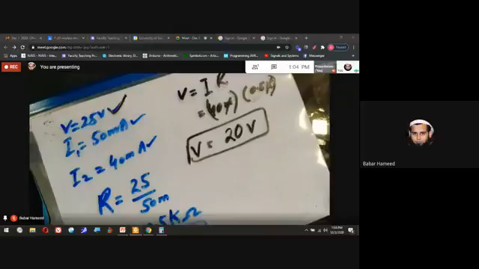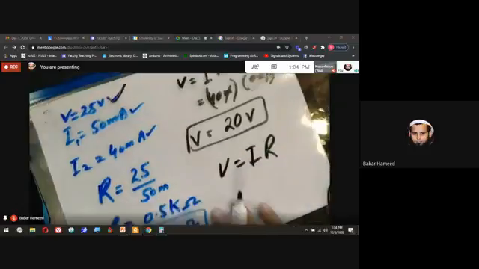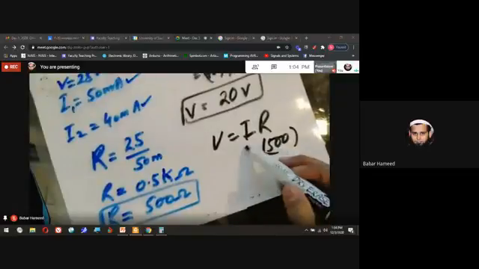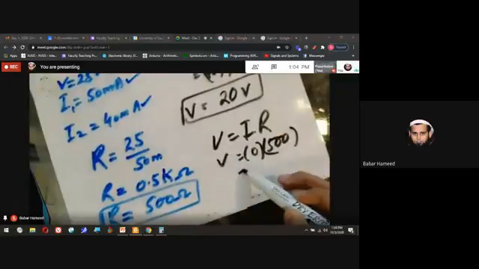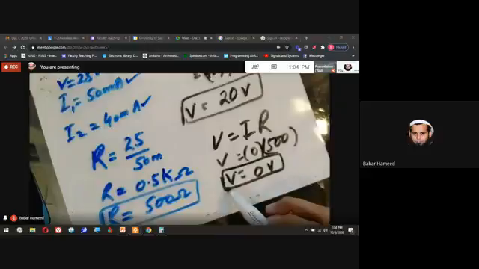You saw clearly that current reduced with reduction in voltage, and if current reduced to 0, what will you think? So no worries, V is equal to I times R. Whatever the value of resistance is, it doesn't matter. If current drops to 0, anything multiplied by 0 is 0. V is equal to 0 volt. Hope you got the idea.